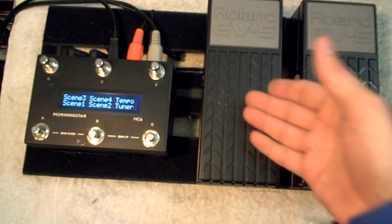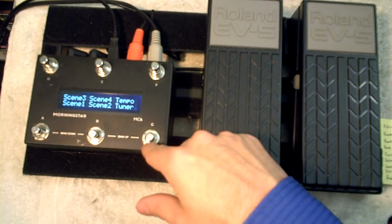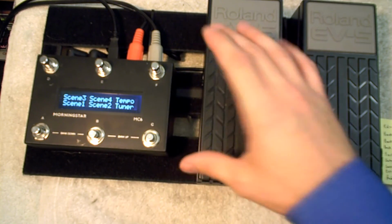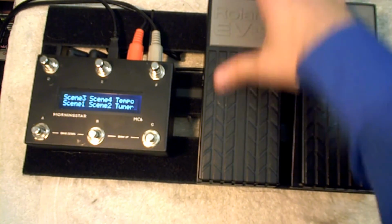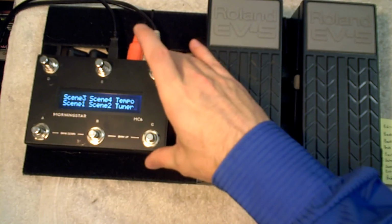So I believe that's everything I wanted to go over with this. It takes a little getting used to with programming this, mainly because it can do so much. You have to just get used to what you can do with it. But great little device, very tiny. This is a Pedal Train Nano that I have this attached to, which is exactly the right size for a Roland DV5. Plenty of room on either side of this. So great little